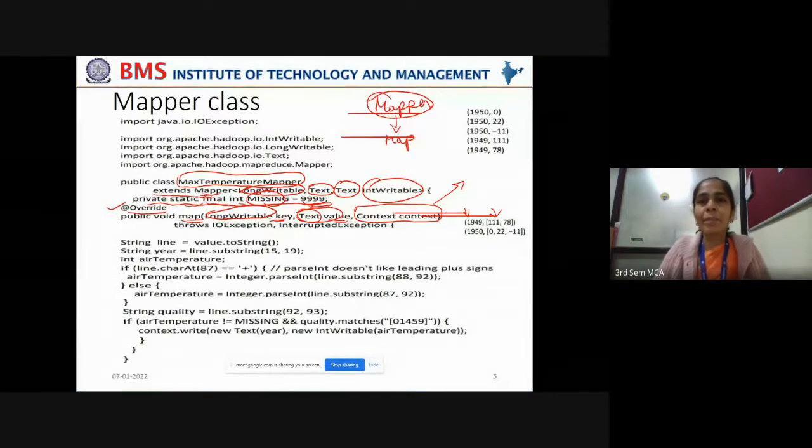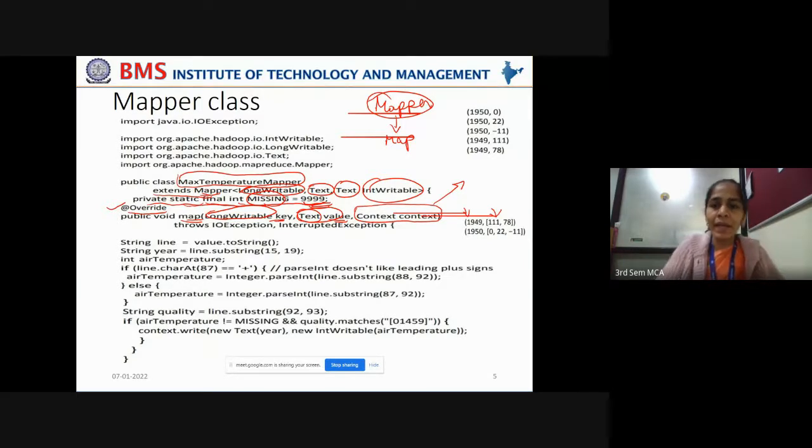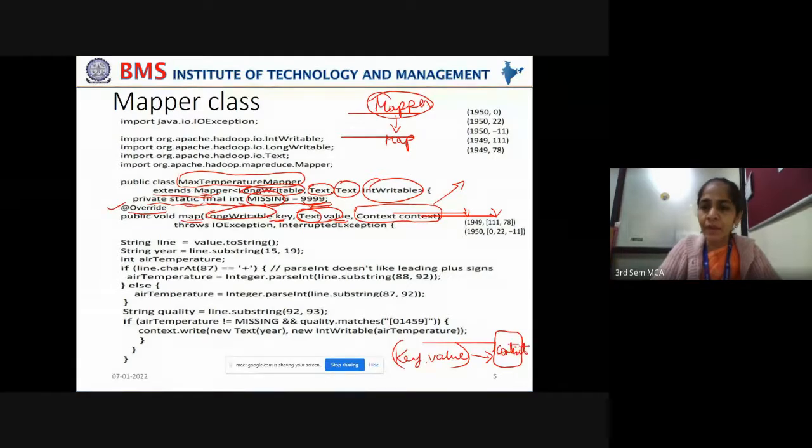So rather than passing the key value pair separately to the reduce phase, we are packing the key value pair into a box. The key value pair emitted as output by the map phase is now packed into an encapsulator called context, and this context is passed on to the reduce phase.